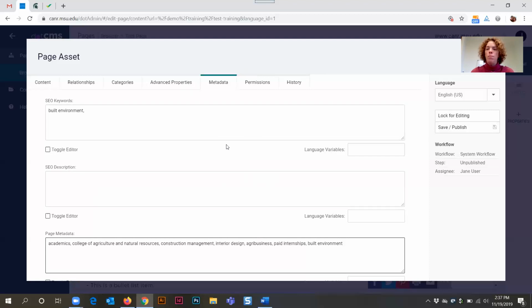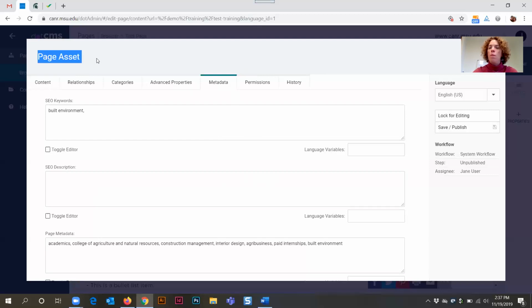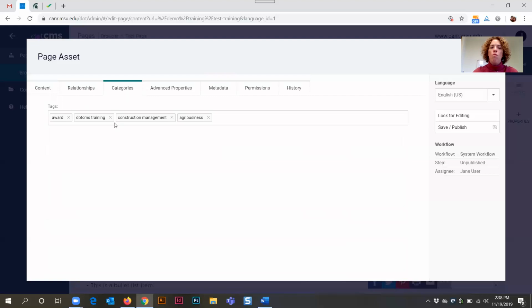Now, one thing to note is that the only place that you're typically going to encounter this metadata field is going to be related to a page asset. Now, there's other targeted content types that you can create, like an event or an article or a person's profile, and those content types don't have a metadata tab, but they do pull their information from the categories and the tags that you input into that categories or tags tab,